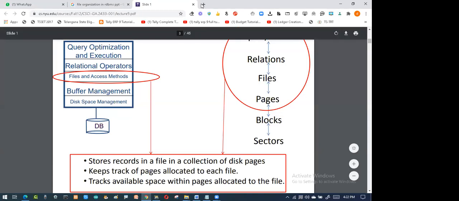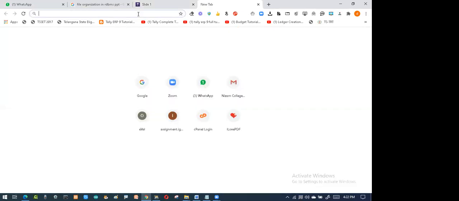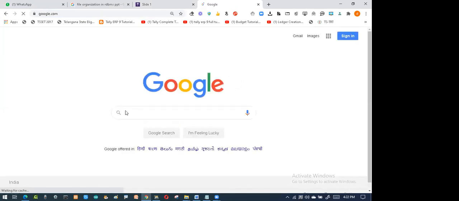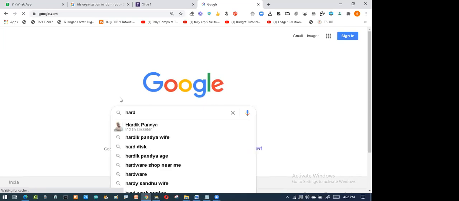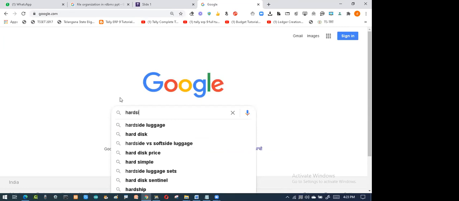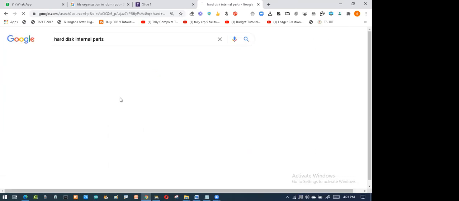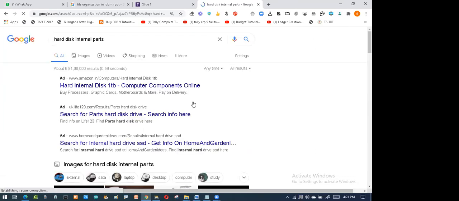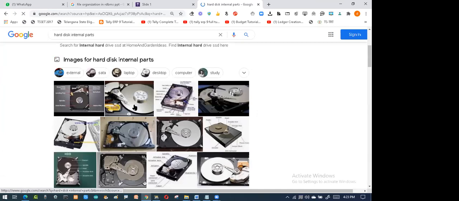Let me show how the sectors look on the hard disk. I got it, I am able to see this picture.